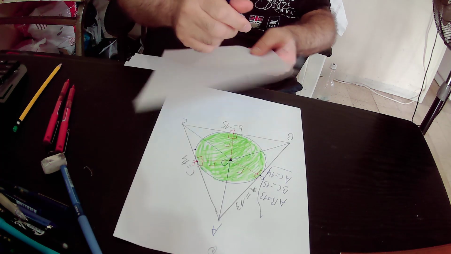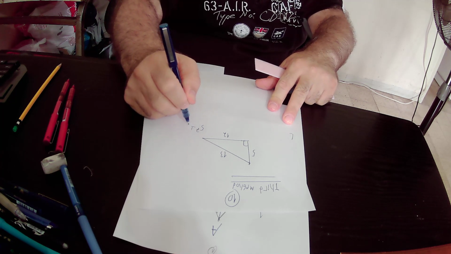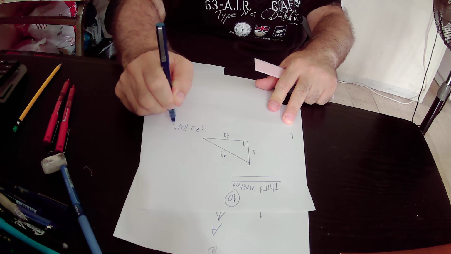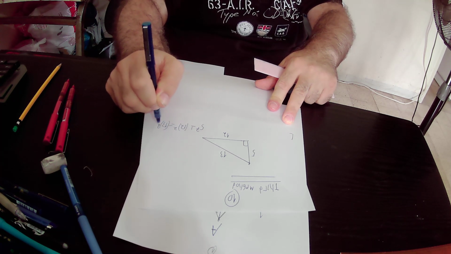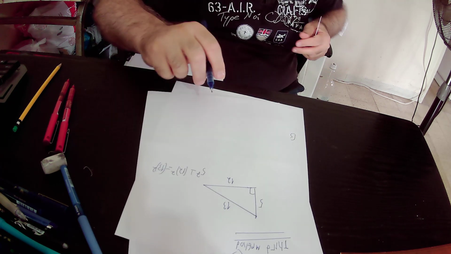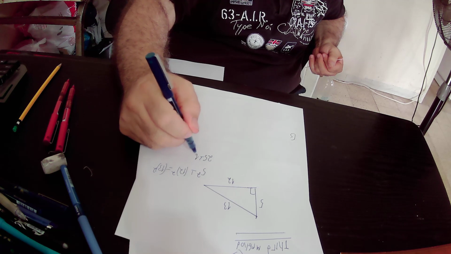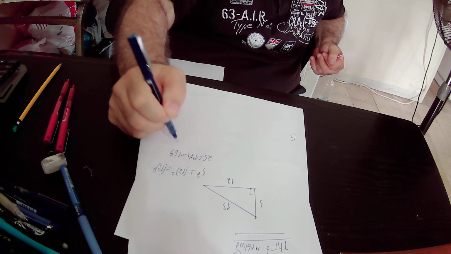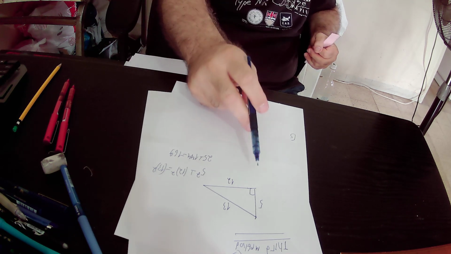Okay, 5 square is 25 plus 12 square is 144, and it equals 13 square, that is 169. 25 plus 144 equals 169. That is the proof that this is a right triangle,